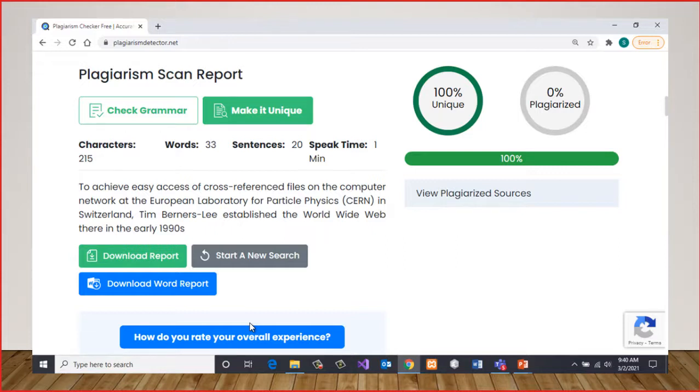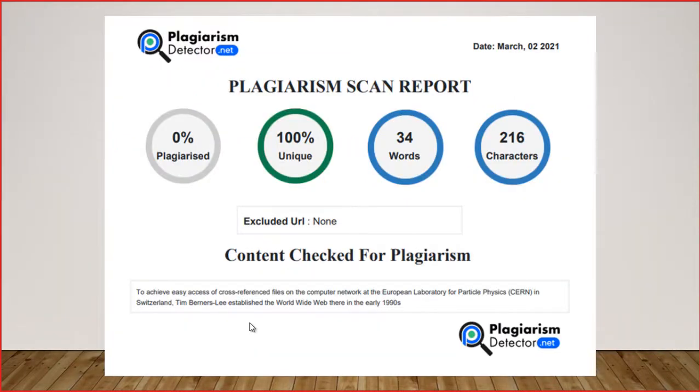100% unique. Meaning that although we change things, the content does not change. It retains the same original meaning, but it is considered unique. So meaning that if you go to the report, there's no plagiarism. 100% unique. You can see that this is the difference between the first example